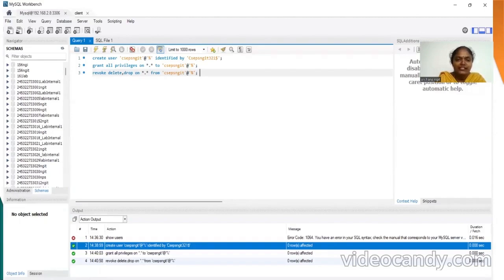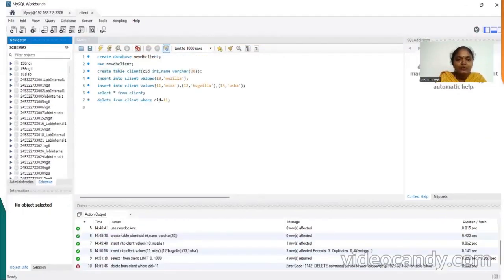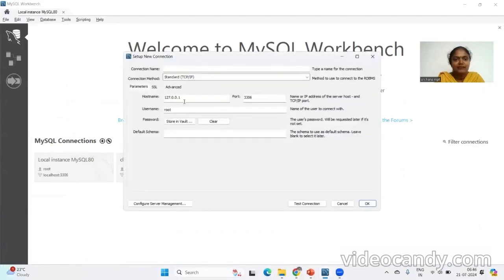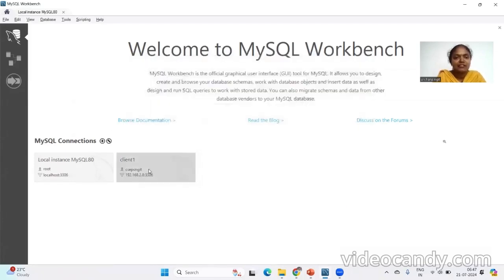Okay. So now after providing this, once we have set up with this, I need to create a user. Now I need to access like a client here. So to do that, I need to create one more client like this. I need to mention the IP address. And then here the username should be given as CSC, PS, NGIT, KMEC. And then we need to provide a password here. So I gave it as NGIT there. So then click on name to be the server IP address wherein the MySQL software has been installed. Okay. So in this manner, we first set up client and then server